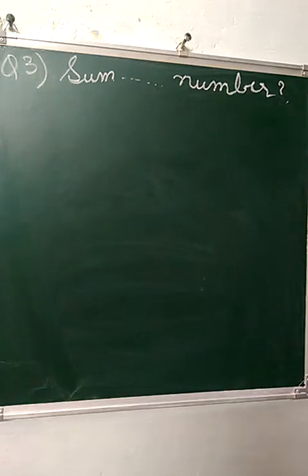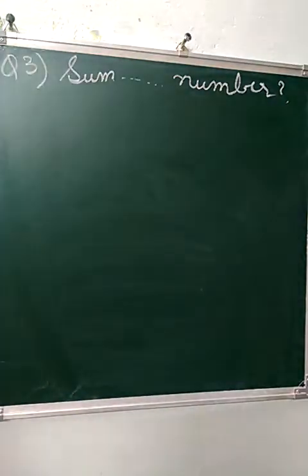Okay, starting with exercise 2.4, question number 3. We'll go ahead, continuing the exercise. Question number 3 is a word problem. I'll read the word problem for you all. The sum of two digits of a number